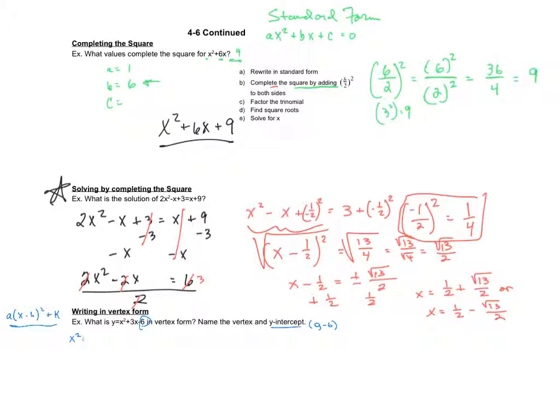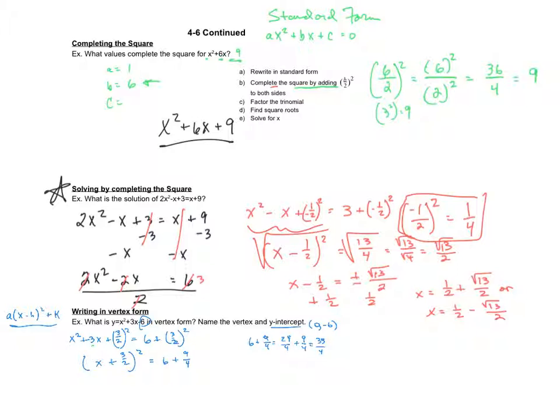So we have x squared plus 3x is going to be equal to, when I move my -6 to the other side, it becomes a +6. And we know that we take 1/2 of b, and b is equal to 3. So we are going to take half of b squared and add it to both sides. And we're going to factor now, and we have x plus 3/2 squared is going to be equal to,